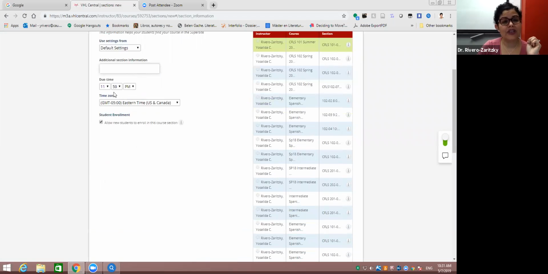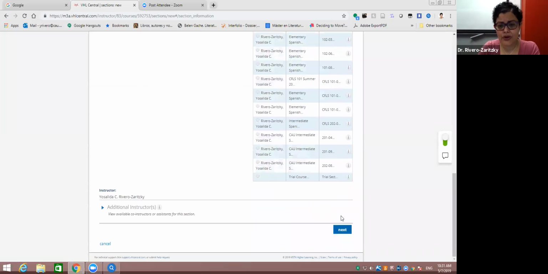Okay, if you see here, the due time is midnight. So I always tell my students that they have to be aware of when their due date is, and it's Cinderella style. After midnight, by my setup, if they don't do it by the due date, they can complete it after, but it is 50% of whatever they score after the due date, okay? It is completely how you would set it up, okay? So I say next,